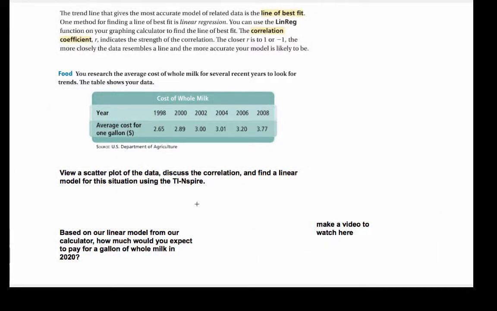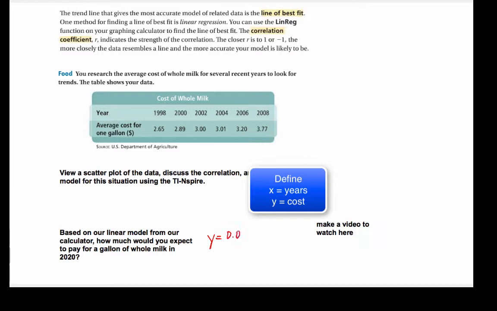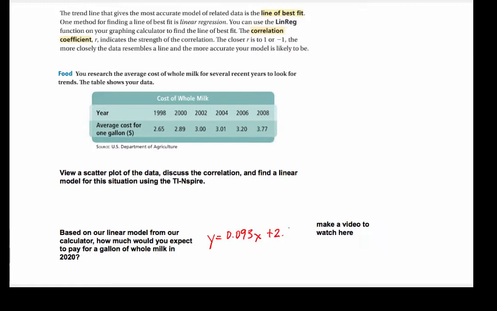Okay, so the model that I got from the TI-Nspire is y equals 0.093x plus 2.62, I'll call it. So based on our model, how much would you expect to pay for a gallon of whole milk in 2020? Well, 2020 is 22 years after 1998. So the value of x that we're going to evaluate our equation for is 22. And that equals approximately